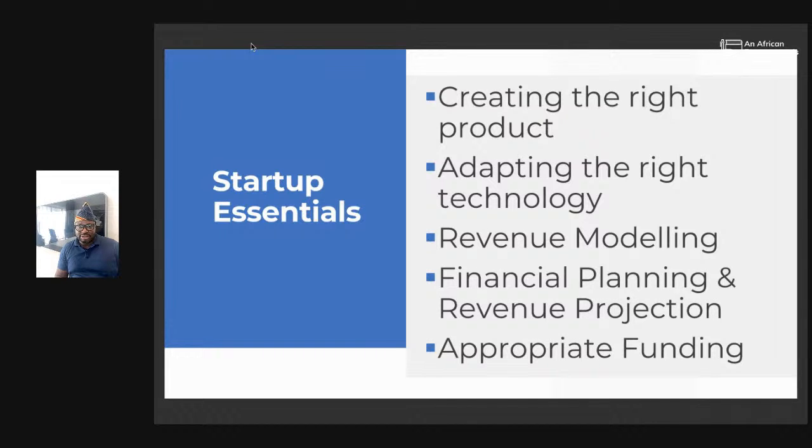You don't have the right money, you don't have the right resources, but there are ways you can go around it to still prove that, by using simpler technology, a combination of different technologies, to deliver the value that you want, at least to show validity, validating your product before you begin to incur more money.